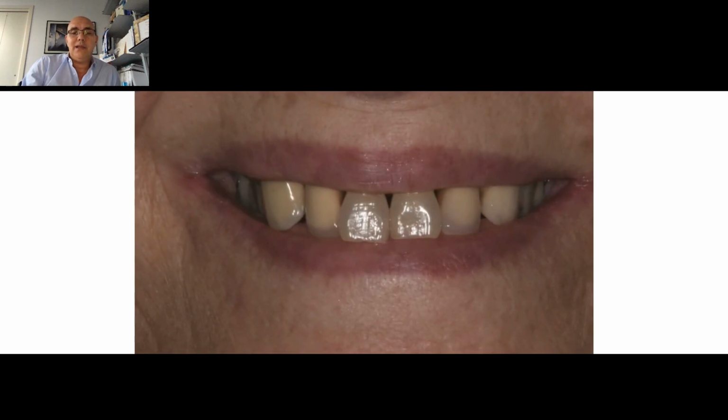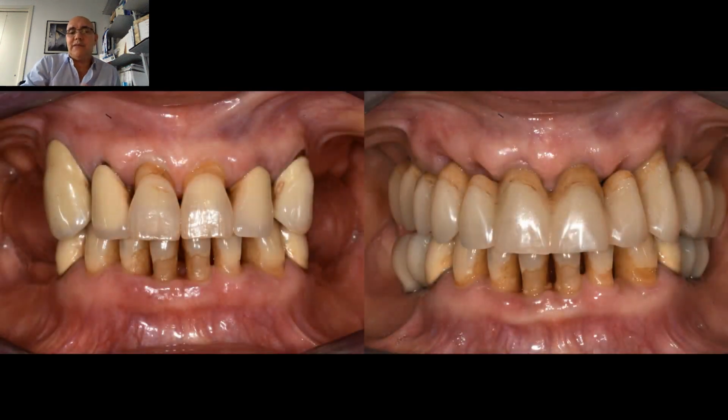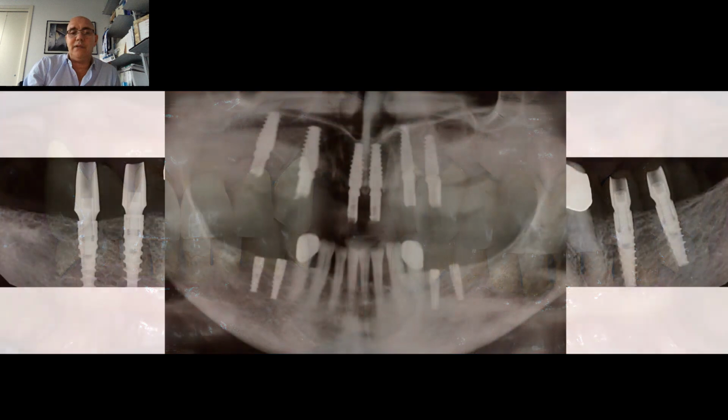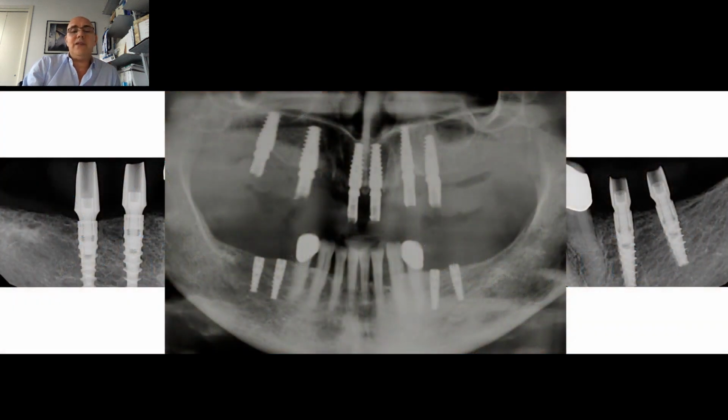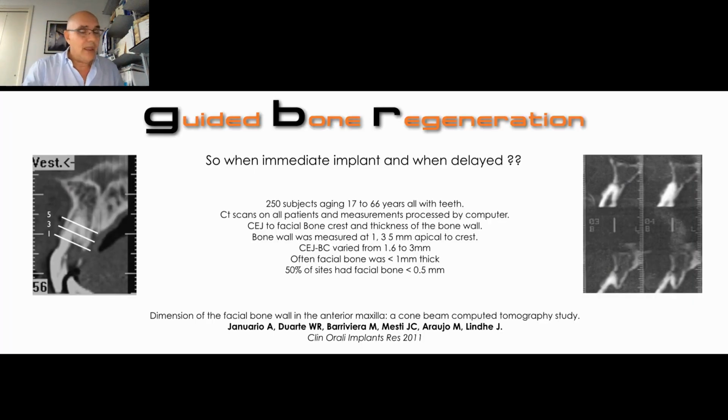We will see. This was before. This is just 2 days after we have done the procedure, and the case is doing very well. She's very happy. She started like that. Now she is, as you see on the right side. And this is a recent Panorex 4 years after. You can see the stability of the soft and hard tissue, and now the patient enjoys a better oral hygiene and a maintainable situation. So it's quite interesting to see how these patients can really react to our procedure. But now let's look at